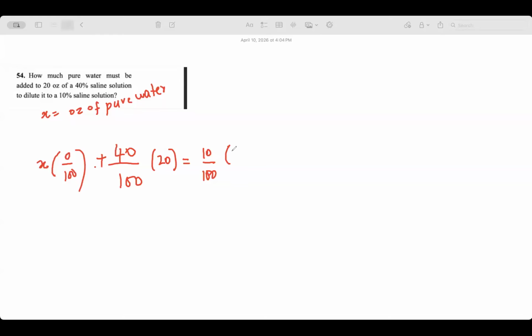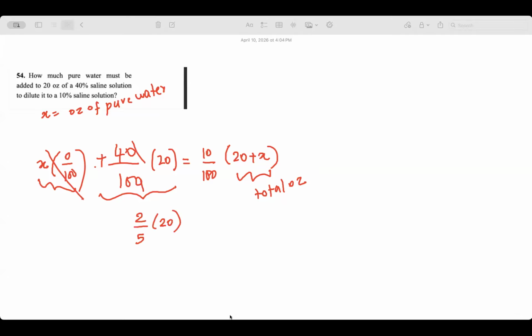When you look at this closely, 20 plus x will be the total ounce of the solution. So you're mixing x ounce of water with 20 ounce of 40% saline solution. So this becomes 0. This one here is 2 by 5 times 20. So it will be equal to